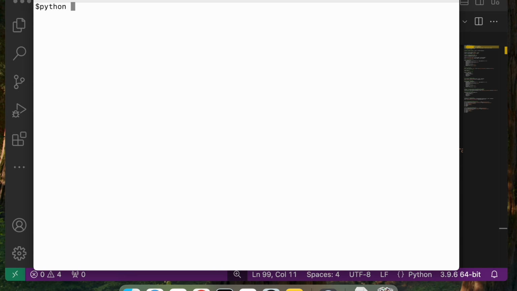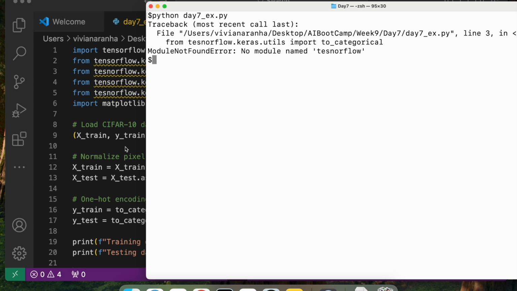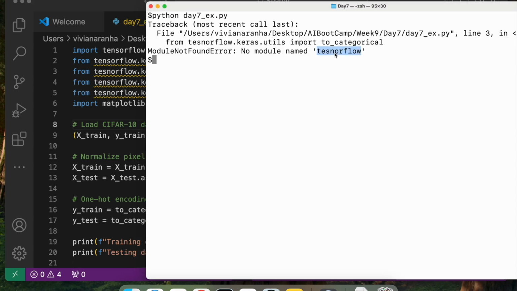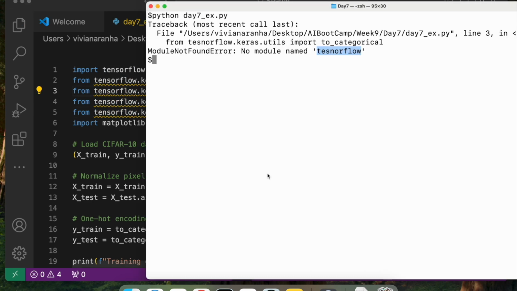Python day 7 ex.py, and it's going to go through each and every step from starting. And I think I have mistyped somewhere, TensorFlow. Perfect.